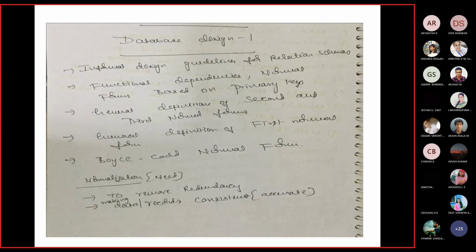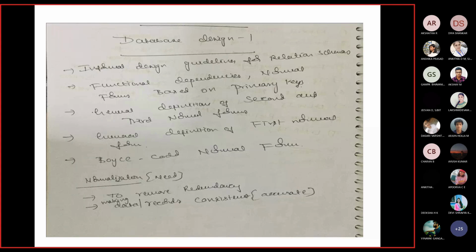That we usually call the lossless join property. So if it obeys all these three rules, that is no redundancy, no inconsistent values, and the lossless join property, all together we say that the table is in